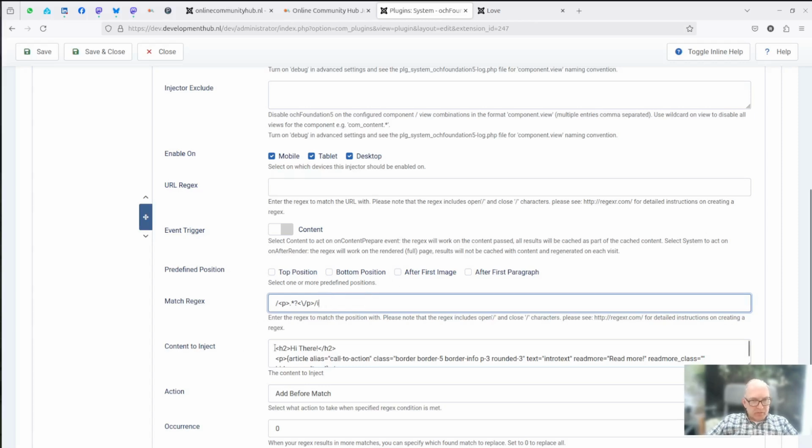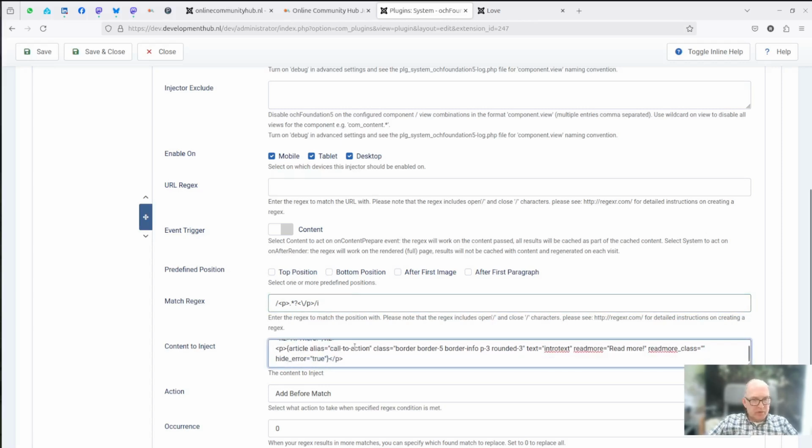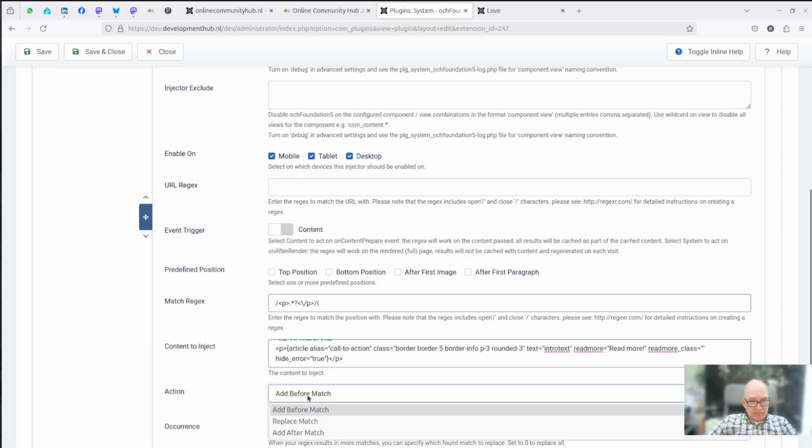What do we want to inject? Okay, so we already have this text here. Now comes the question, action, where do you want to inject this? I want to inject it before the match, I want to replace the match, or I want to inject it after the match.